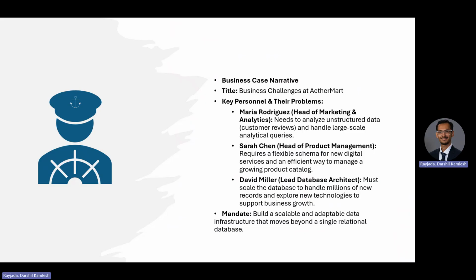And the third, David Miller, lead database architect, has to scale the database to handle millions of new records as the business grows. And why it's mandatory to design a scalable and adaptable data infrastructure that supports both transactions and